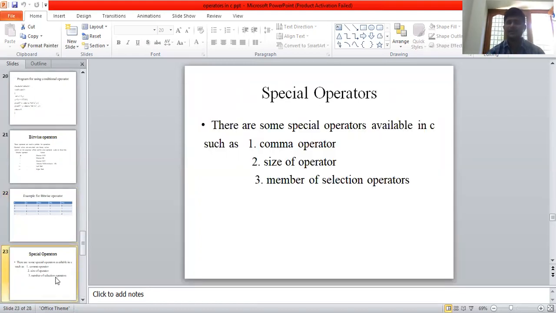Coming to the last and most important operator, called the special operator. There are some special operators available in C programming, such as the comma operator, sizeof operator, and pointer selection operators. These are the special operators, three types.